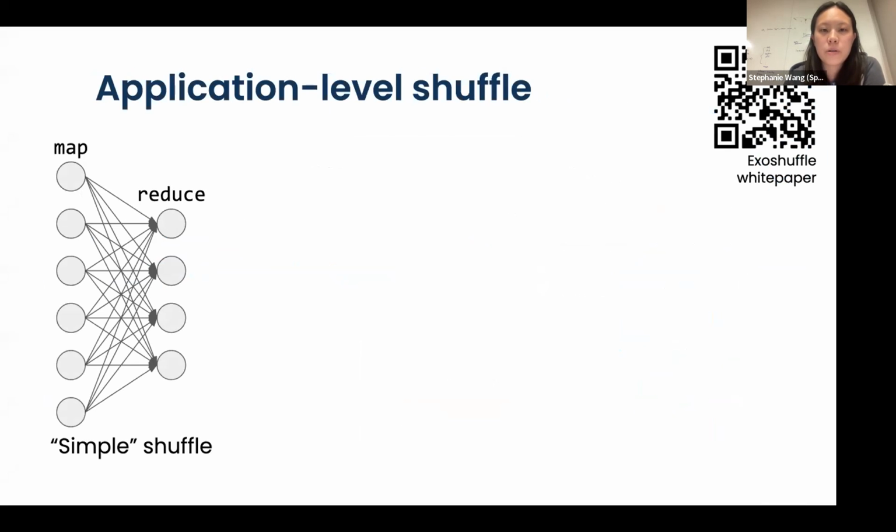So the key primitive that we're using from Ray core is these tasks and objects, which we can use to create a DAG of dependencies between the map and reduce tasks. So the simplest way to implement a shuffle basically looks like the map reduce program that I showed earlier. We have one map task for each input partition, and then each map task will produce one intermediate result for each reduce task. But there are lots of other ways to implement a shuffle algorithm, and this is actually a pretty active area of research and development. So you don't need to know all of the details of these shuffle algorithms, but you can find out more by reading the Exoshuffle white paper, which we have on arXiv, and that's linked through the QR code above.